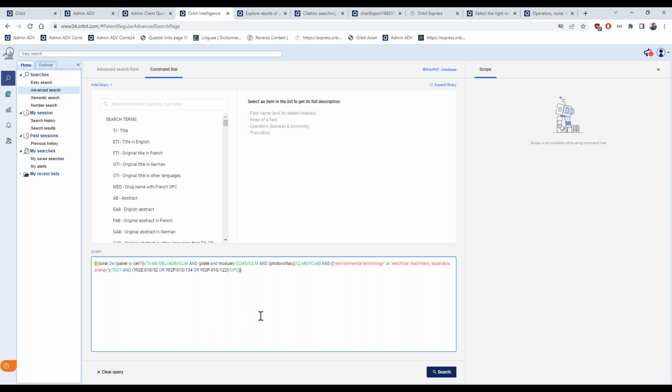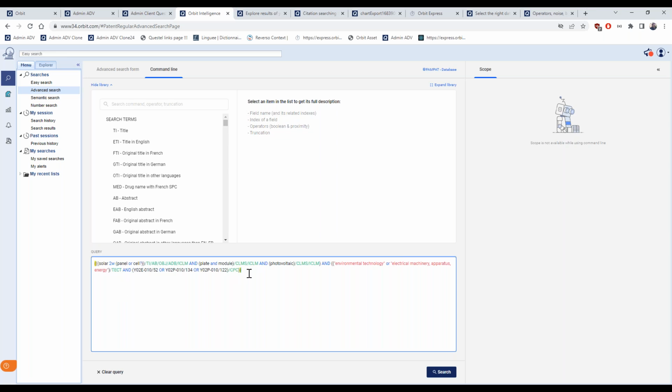Different colors are helping you work with the database syntax. So we saw that operators and truncations are in blue. In green, now we find the search fields. In red are values entered by a wizard. In this case, there were the technology domains.